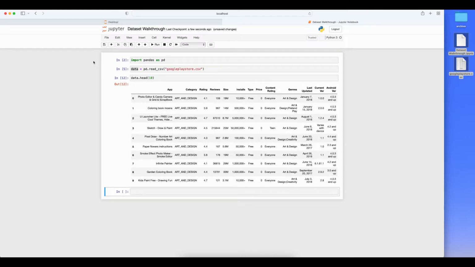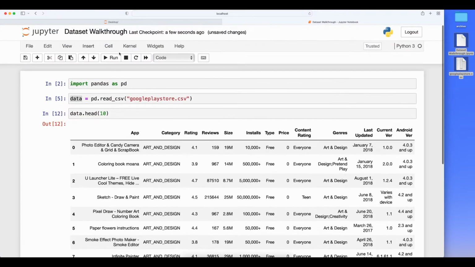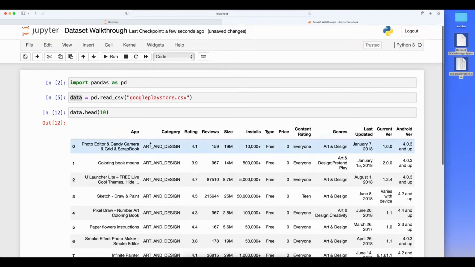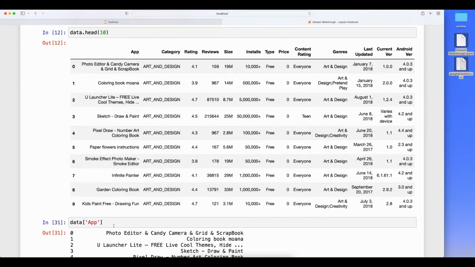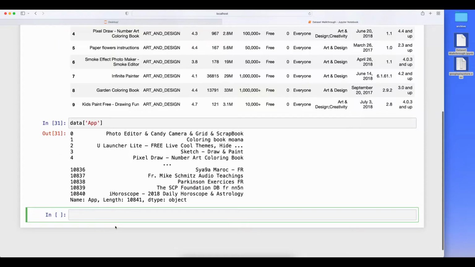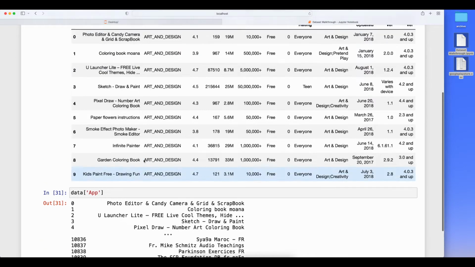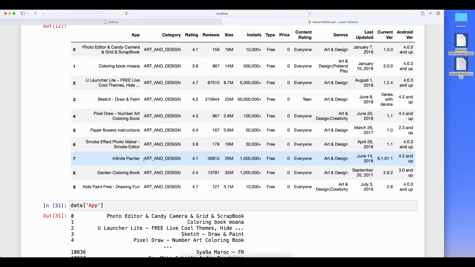As we have discussed so far, how we can load a dataset and get a basic overview of it. So this is the dataset, and as we have discussed, we have multiple columns. We can select each and every column, like df of app. It should be data of app, sorry. If I execute it, I'll get all the applications. From the application, what can I analyze? From the name of the application, I cannot analyze anything, right?